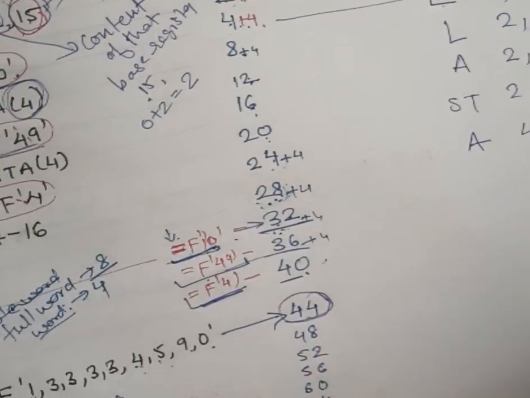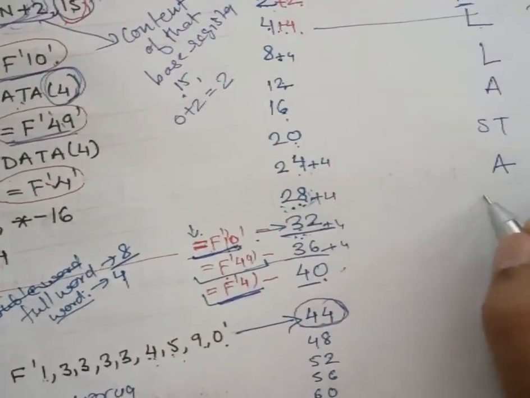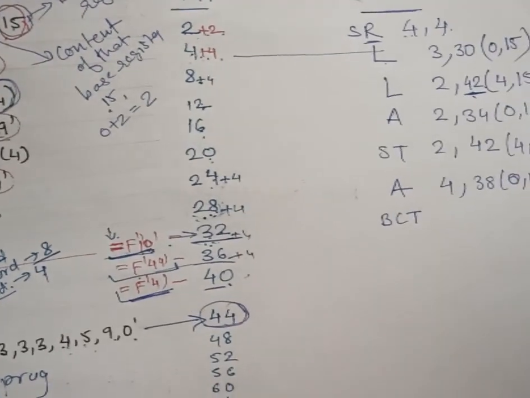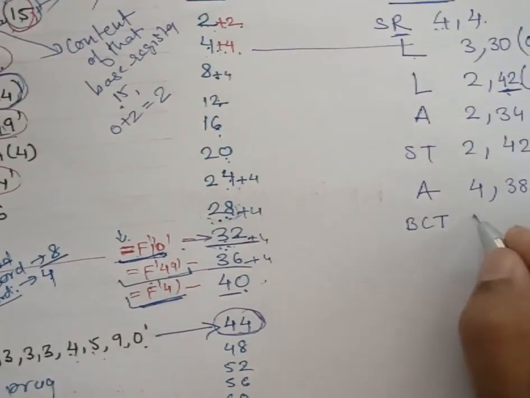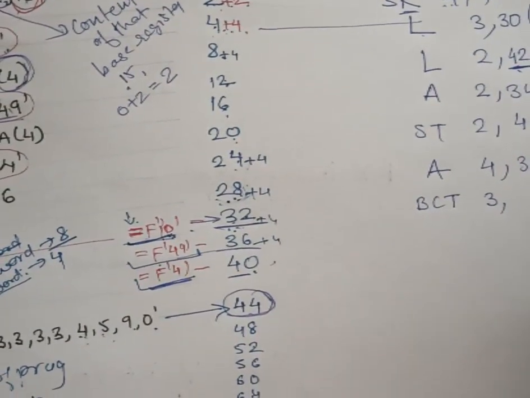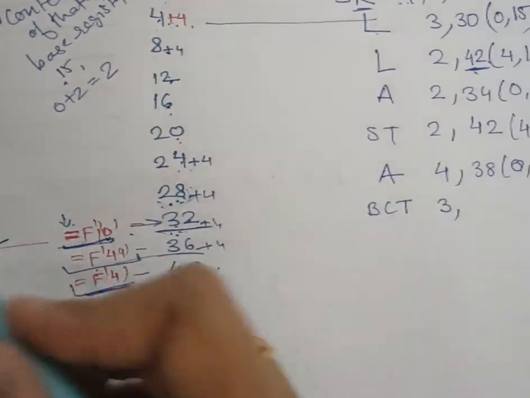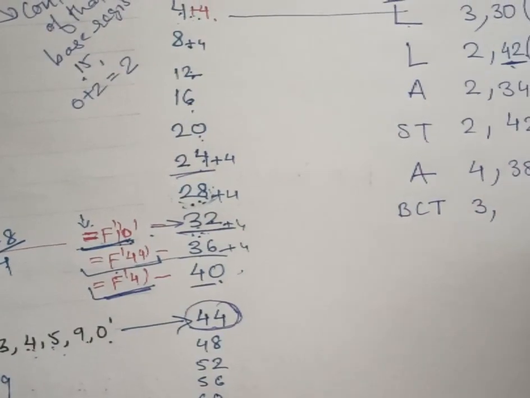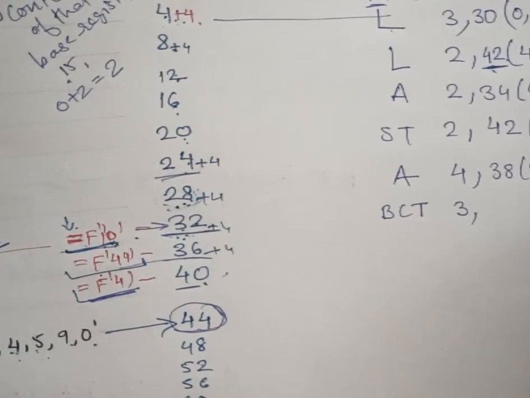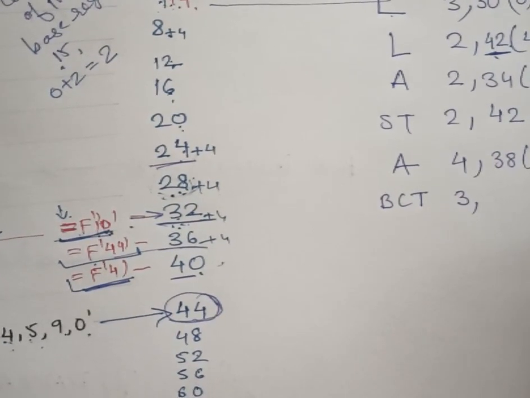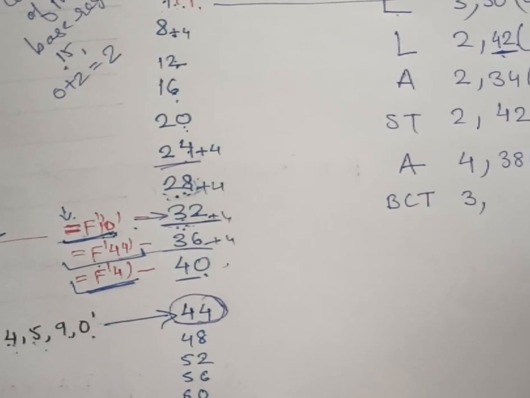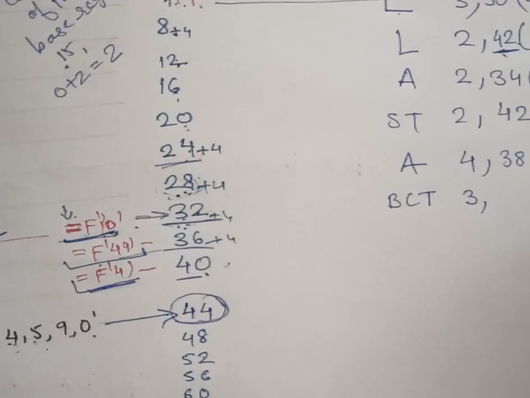Now you can see here we are having the BCD, that is something new, a machine instruction, but we are going to solve it as usual with the help of the RX instruction. So the first register is 3, and second we are going to find, here nothing is given, so we are going to take the 24 here. So 24 minus 16 will become